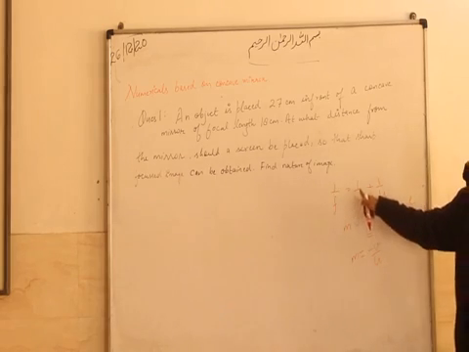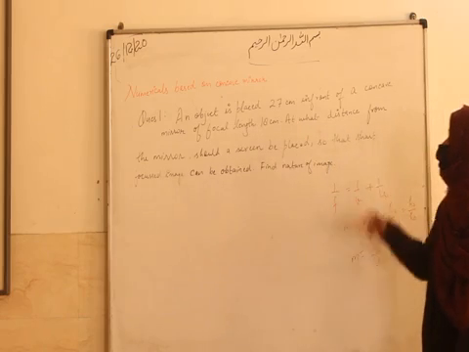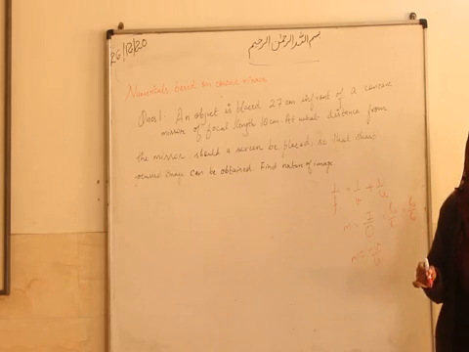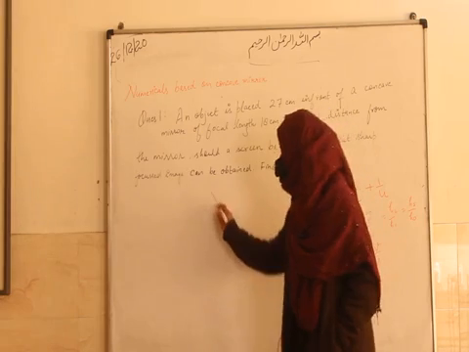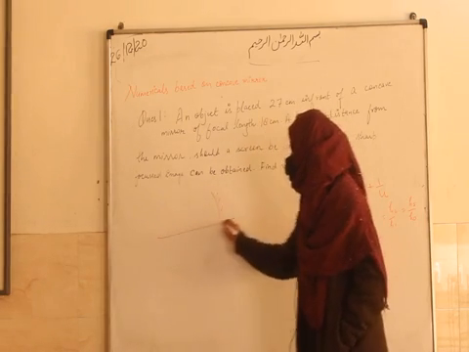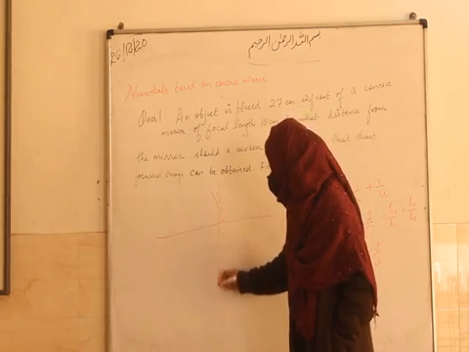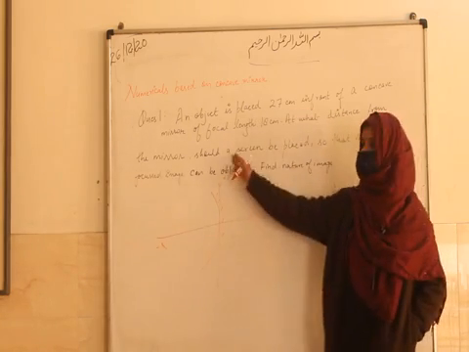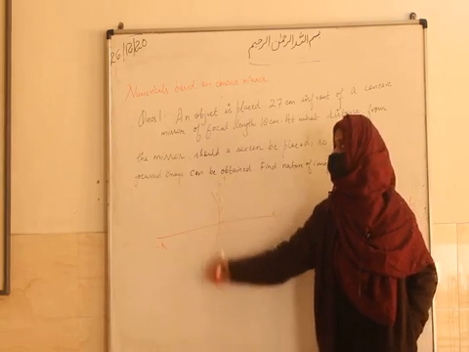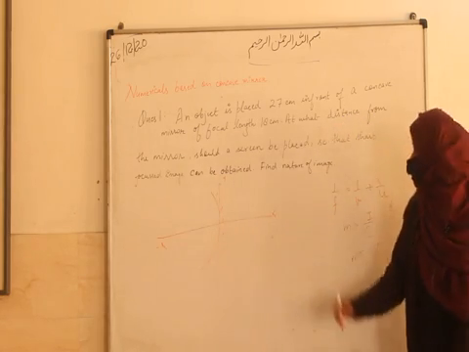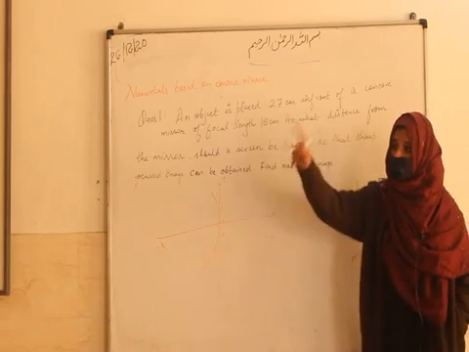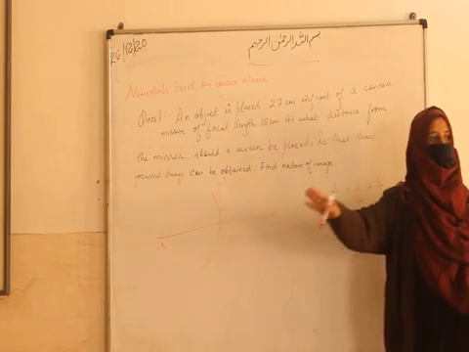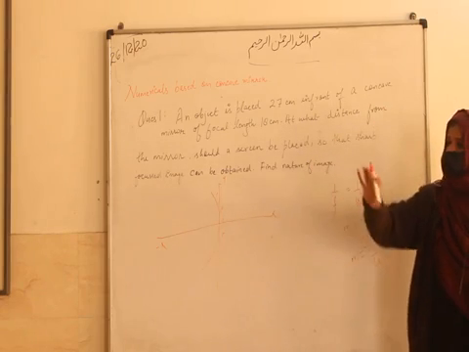Like here, the object is placed 27 centimeter in front of a concave mirror. In front of a concave mirror, will it be positive or negative? It is lying here, consider this as plus y. The aperture will be considered as the origin, the pole. So now what will be the image? Negative. Okay. They have not told you that you will take negative. You will understand by yourself, according to the position, whether to take negative or positive. Every time, the object distance is always negative.